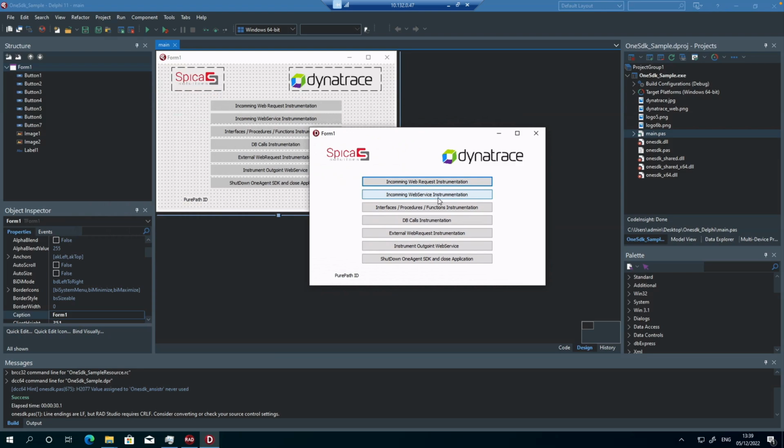with all the features that the regular Oneagent SDK has. So in general, we have DB calls, instrumented procedures, interfaces, procedure functions, incoming web services, incoming web requests, external web requests, and outgoing web services. And obviously we can shut down the SDK. As long as you click through this sample application, you will see on the bottom the PurePath